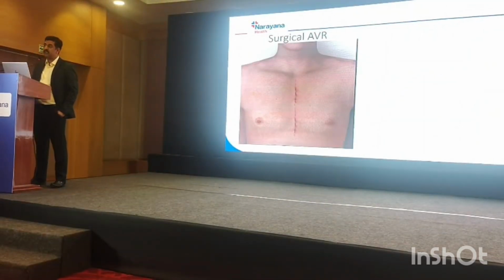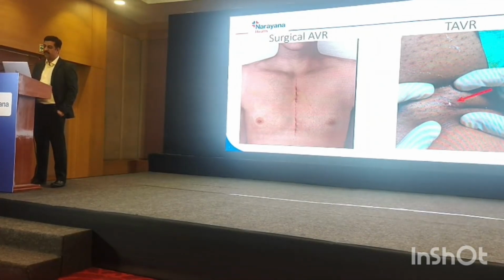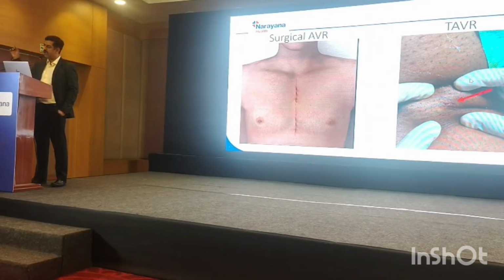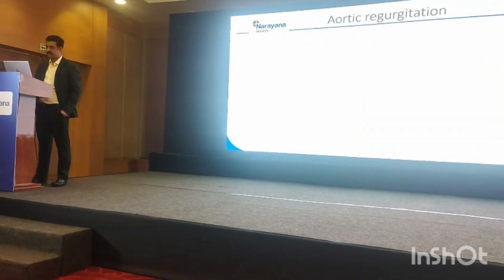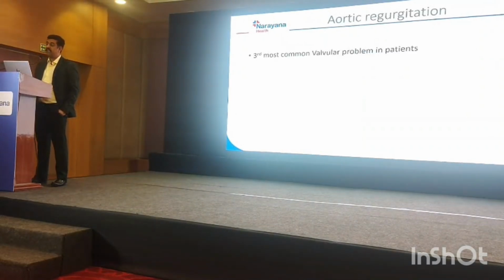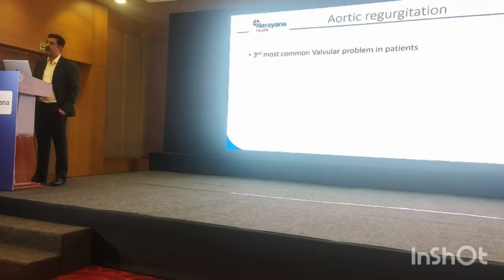So this is how a surgical aortic valve replacement will look like. A 15 centimeter scar on the chest. Compare it with the TAVI procedure, which is done through this small hole. This is my hand. It is as small as this small portion of my hand. But leakage is very, very common. It is not very uncommon. This is the third most common valvular